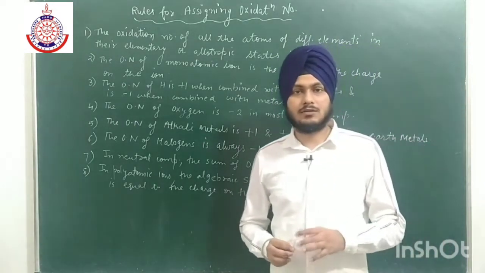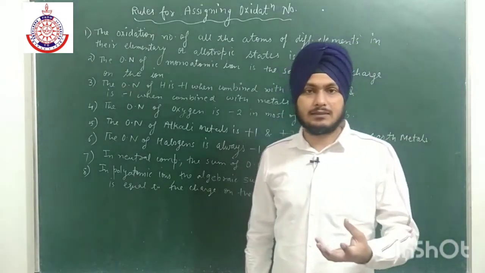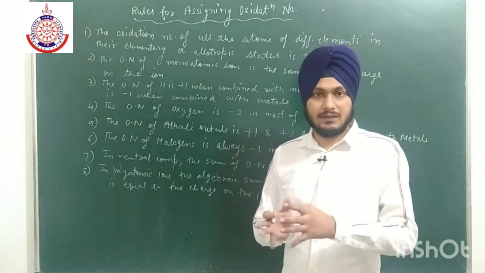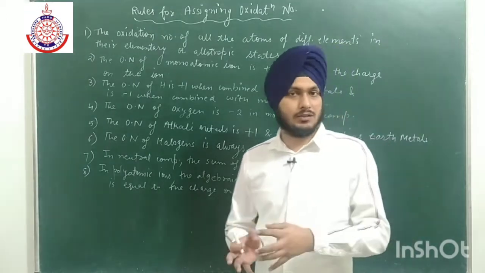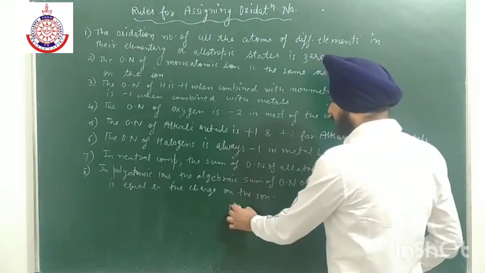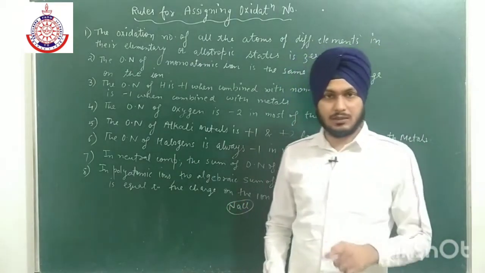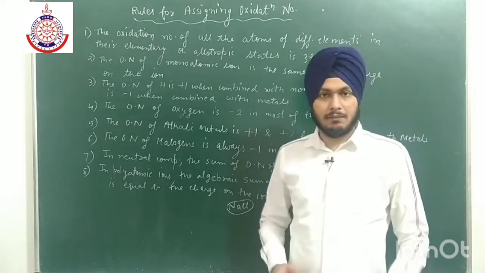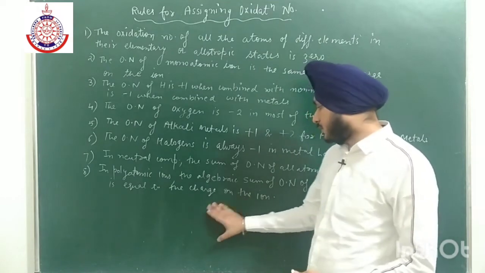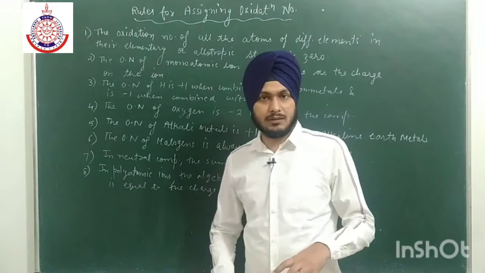In case of ionic compounds, we can easily predict whether oxidation or reduction takes place, or which compound is getting oxidized and which is getting reduced. For example, in case of NaCl, Na is oxidized, it loses electrons, and Cl will gain that electron. But in case of covalent compounds, it is not so easy to predict which compound is oxidized or which is reduced.